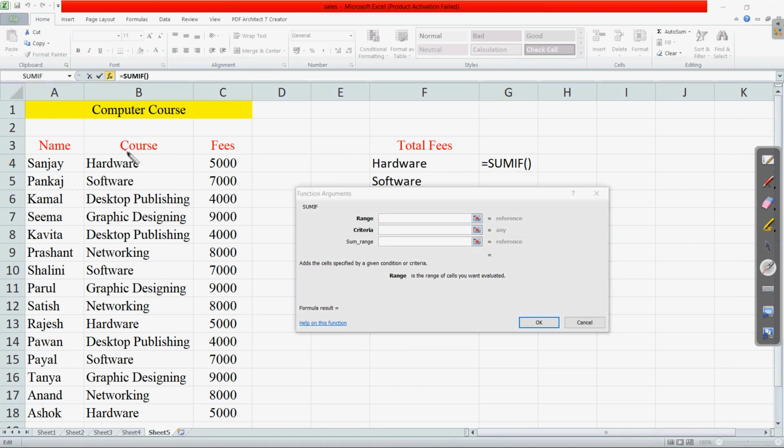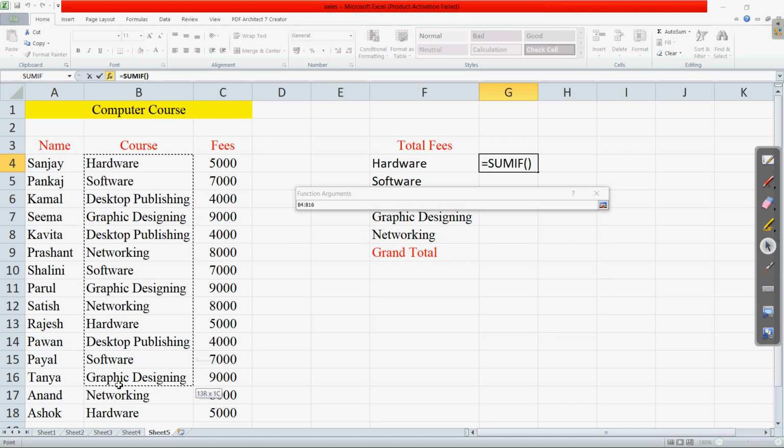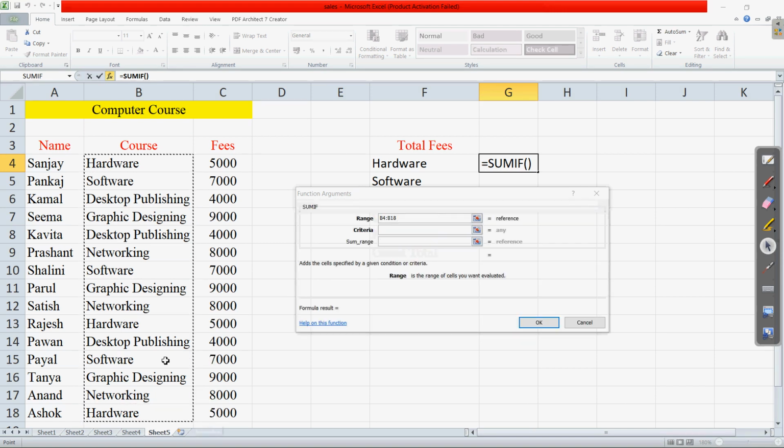Here you can see we have the course column. So here all the courses are from B4 to B18. So we will select the first cell, that is B4, and then drag it down to B18. So here you can see the range is selected as B4 to B18. I hope this is clear.